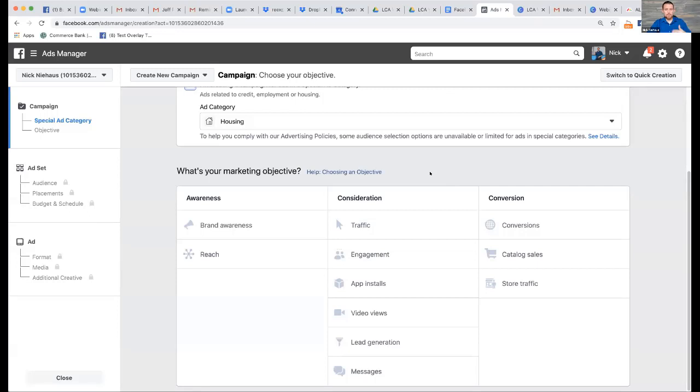Well, a lot of people are always going to be tempted to click right here, lead generation, right? Because we go, oh yeah, we want leads, right? So I'll tell Facebook to get me leads. But that's not what this first campaign is all about. This first campaign is about generating awareness. It's about putting our video content in front of as many of the right people as possible so they get to know us. So we're going to go with video views. We could do other ones too, but video views is the most obvious, the most direct. And so we click on that.